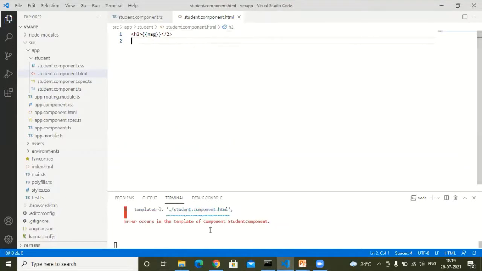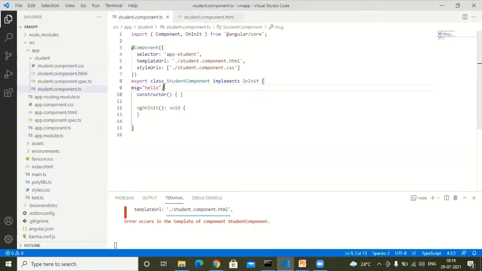And as I have said, the thing will change automatically. But again, I've got an error. How come? Because whatever you have added in the student component.html, we didn't communicate the same to your app module's app component.html.